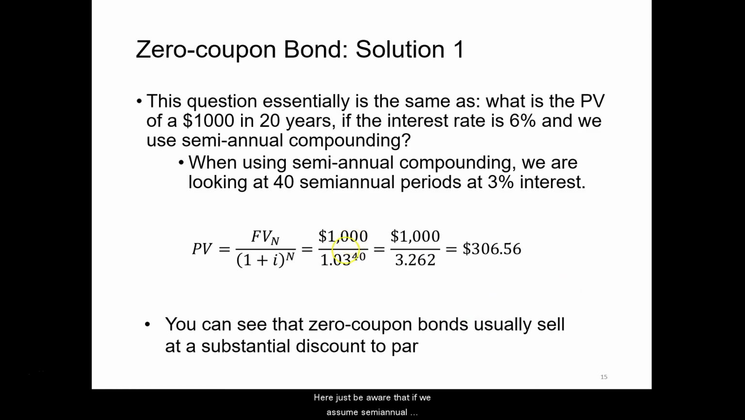Here, just be aware that if we assume semi-annual compounding or discounting, we are talking about every 6 months for 20 years. So that will be a total 40 times. And every 6 months, we're using 3%, which is 6% divided by 2. So 1,000 discounted by 3% for 40 times, we are looking at a price that's just a little bit over $300. Between $300 now and $1,000 in 20 years, you see these zero coupon bonds can be sold at a